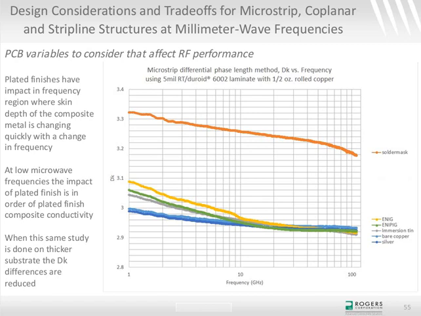And then this is something interesting, not really related to millimeter wave, but I thought I'd just show it real quick, that these different metals actually do affect the phase response. So I'm showing dielectric constant as reported by the circuits through phase measurements. And at lower frequencies, this composite conductivity made up of copper, nickel, gold for ENIG actually will change the phase